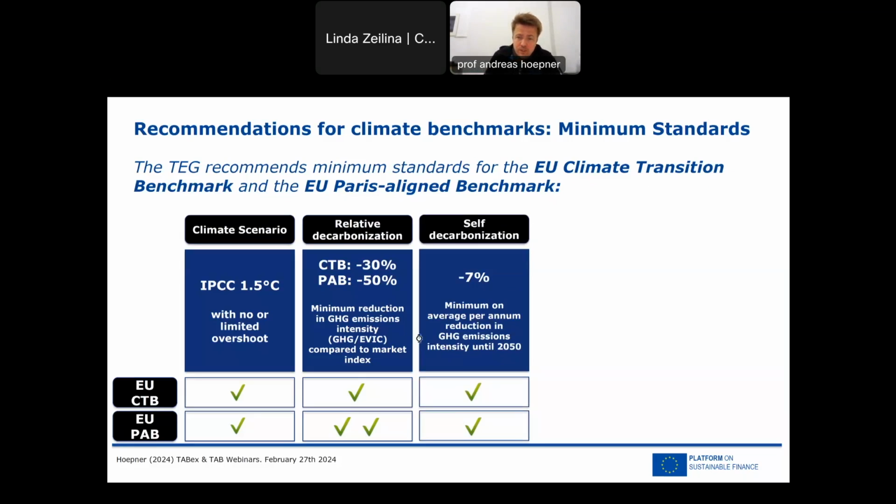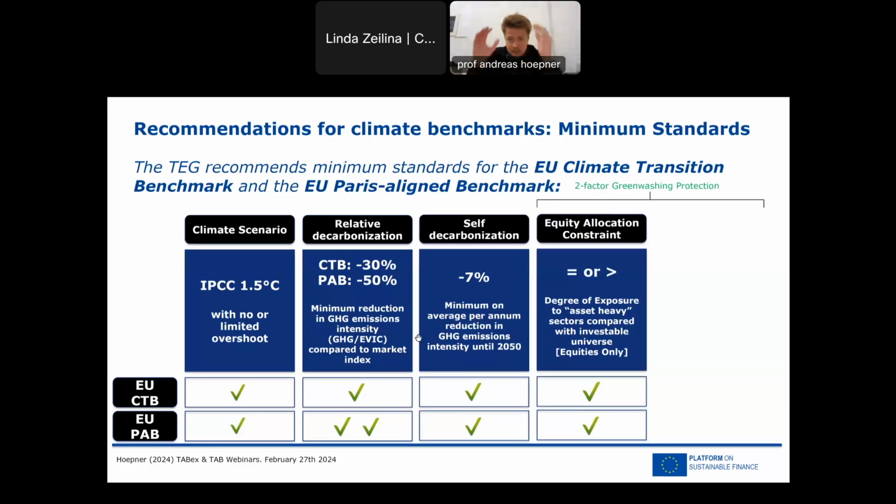Then we have two provisions to prevent greenwashing. One is that in the equity indices, there's an allocation constraint that you basically cannot move out of heavy assets. So if the benchmark universe had a lot of heavy assets in it, 50-55% heavy assets, then the actual PAB had to carry the same heavy assets. This means that a PAB will decarbonize within heavy assets and within light assets pretty much separately. So when you're taking money out of certain very heavy assets, you move it into the more efficient, the better industrials, the better telecoms, and so forth. You're not moving it out into consulting companies.